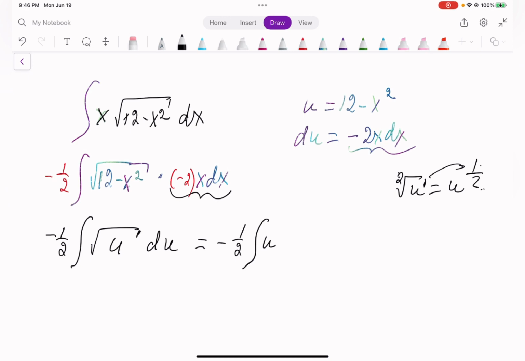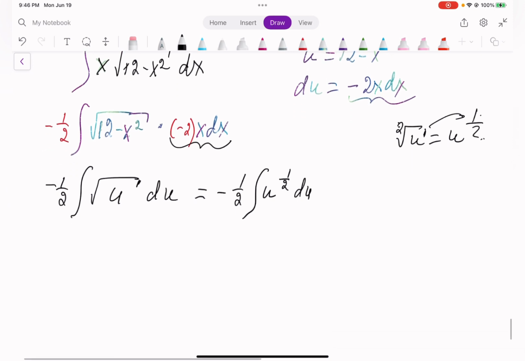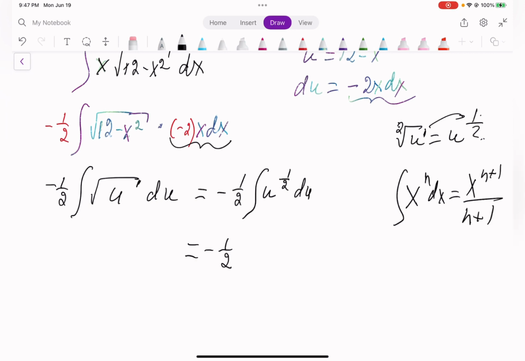So I'm going to write u to the power 1/2 du. The integral of x to the power n dx is equal to x to the power n plus 1 over n plus 1, right? So from here, 1/2 plus 1 is 3 over 2, 1.5. And we divide by 3 over 2,